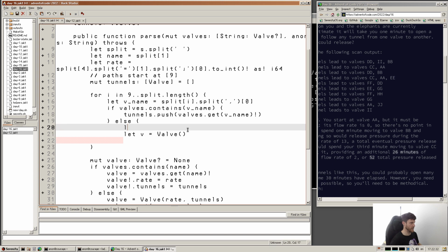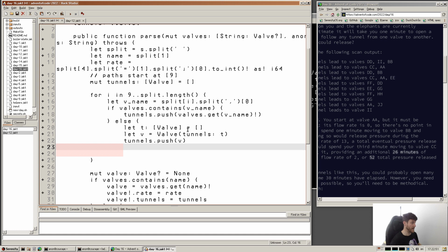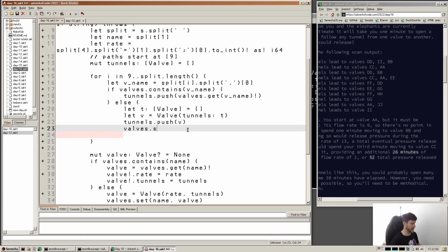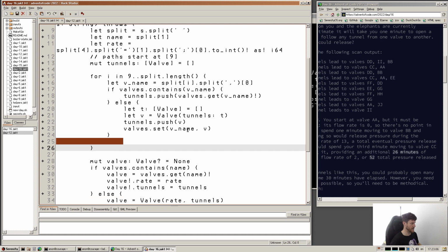So maybe we'll need to go let t of type valve equals empty and tunnels can be t, and then we can go tunnels dot push valves just v, but we also want to go valves, similar to this, set v name to be v, and so it'll add it in. And so if I do that,